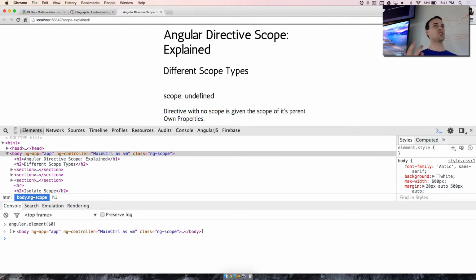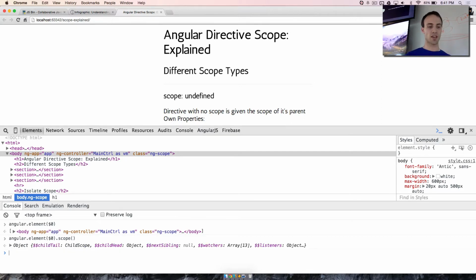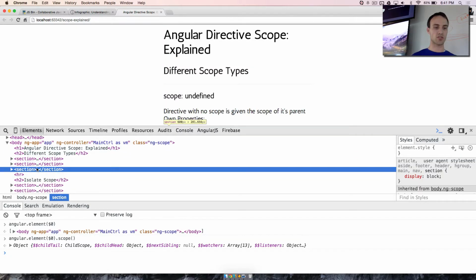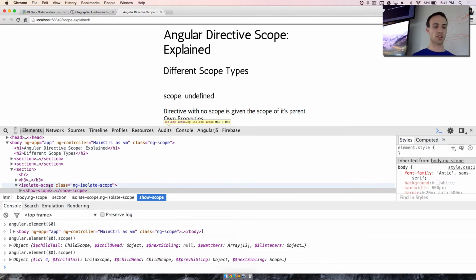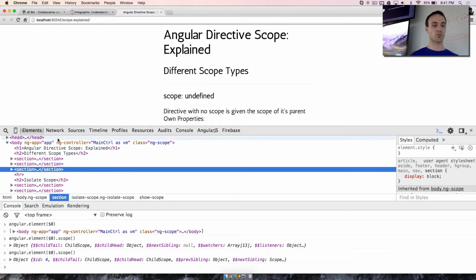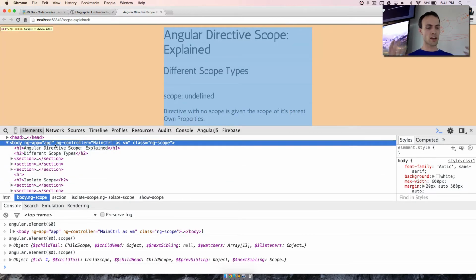So let's select the body, and then I say angular.element, and now I get a jqLite version of that node. If you're using jQuery, then you'll get the jQuery version. That would be essentially the same as this if you're using jQuery. But because it's an Angular element, I can get the scope from it, and I just call scope on it. And that will give me the scope for the element I have selected. So if I change my selection to be down here, and I say, give me the scope, this one is a totally different scope. We'll look more at that later because it's an isolate scope. But here we have my main